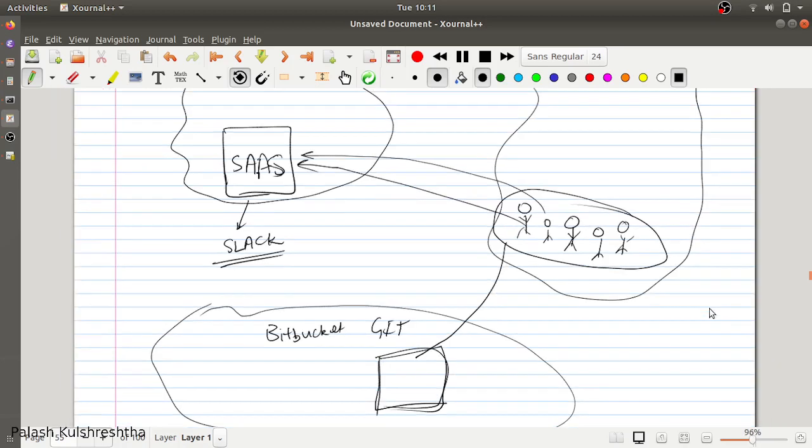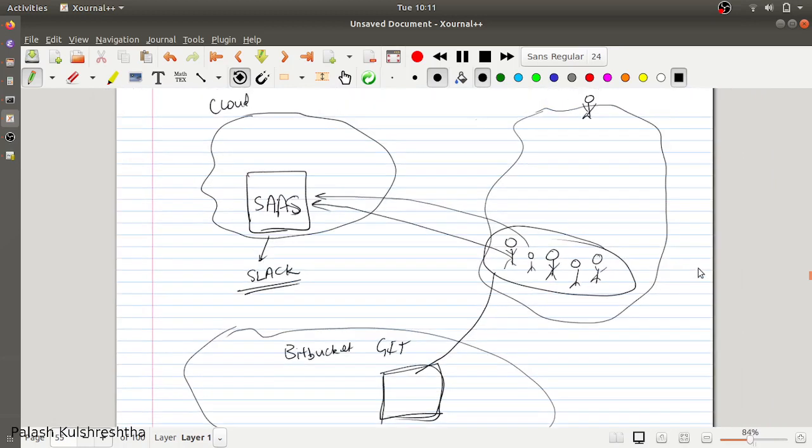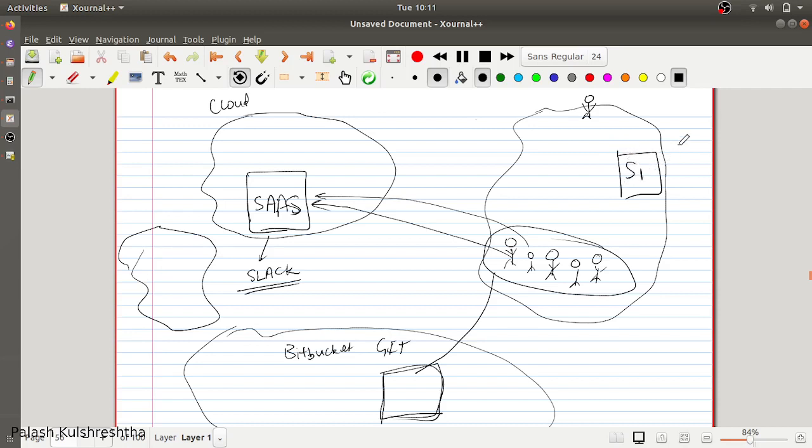So the company's IT department is going to have a hard time managing access to all the cloud providers or all the external services they are using, and even for the services that are hosted by the company itself. So this is service one. Maybe this is a self-hosted Jenkins.